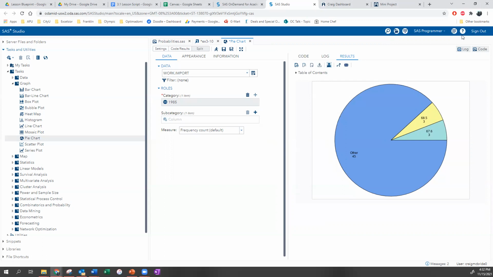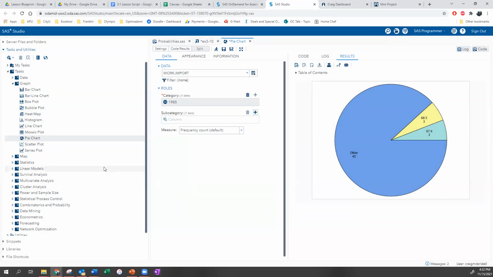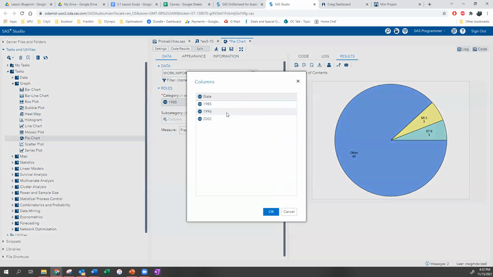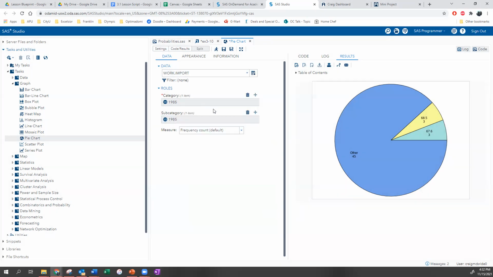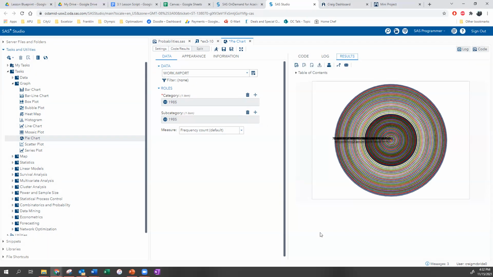Yes, that happens all the time. And the reason why is you put something into your subcategory. I see that all the time. It's usually you put a variable into the subcategory. Let me see if I can, let's see if that does it. There it is.